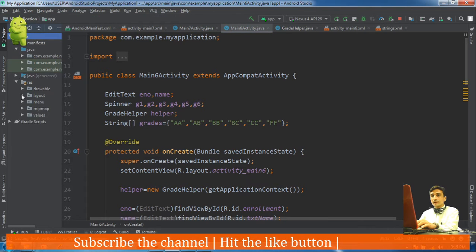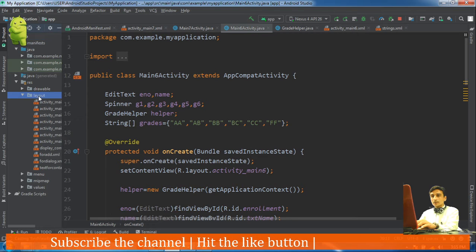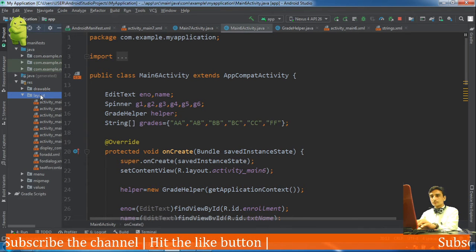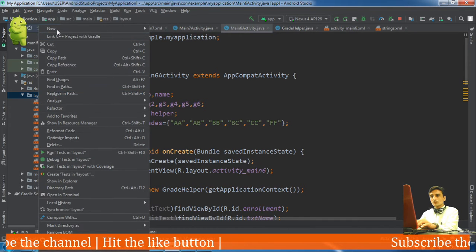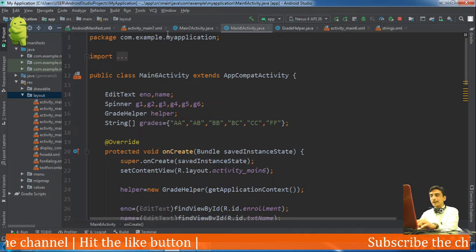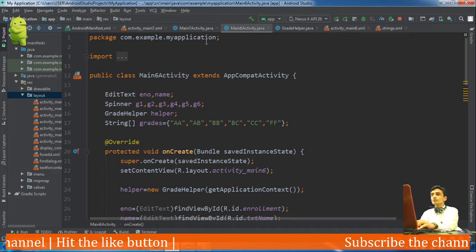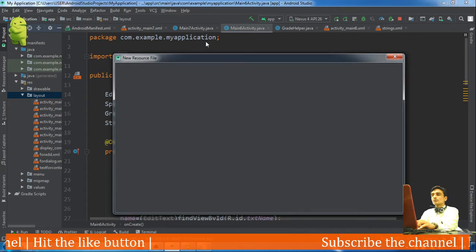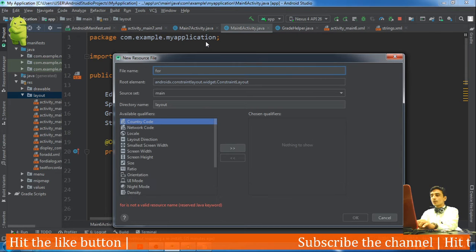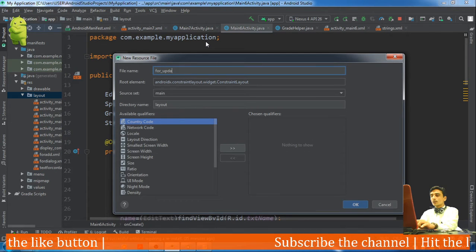For that we will define a layout here. Okay, a new layout for the dialog box. We will name it for underscore update.